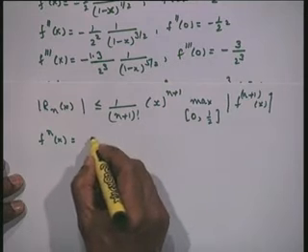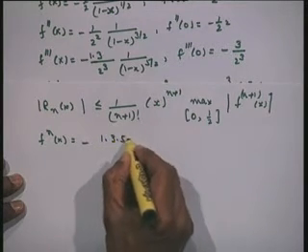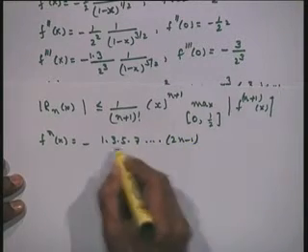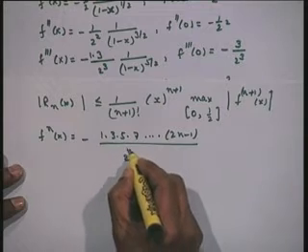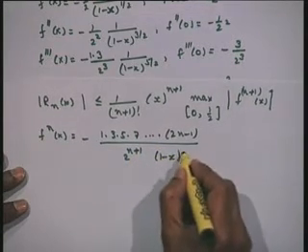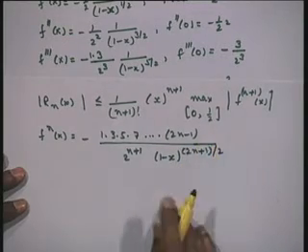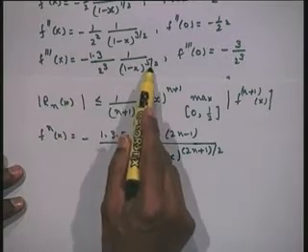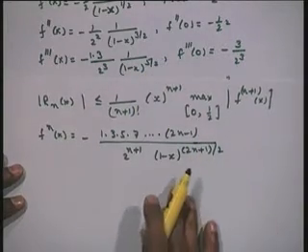Therefore, my nth derivative, with a negative sign, is 1 into 3 into 5 into 7 up to 2n minus 1, over 2 to the power of n plus 1, times (1 minus x) to the power of (2n plus 1) by 2. This is 3, this is 5 by 2, so this will be 2n minus 1 and this will be (2n plus 1) by 2. This is our